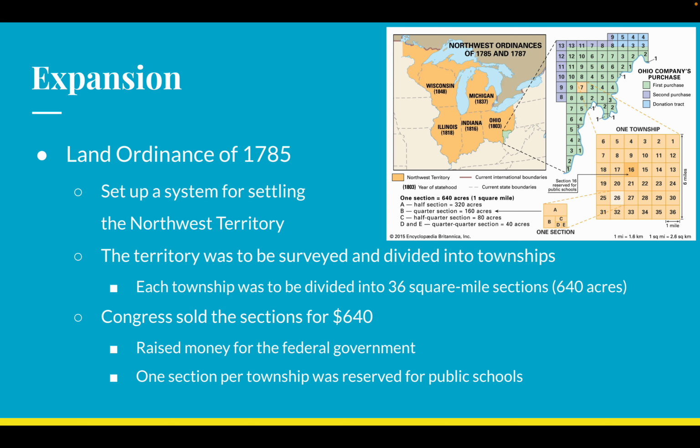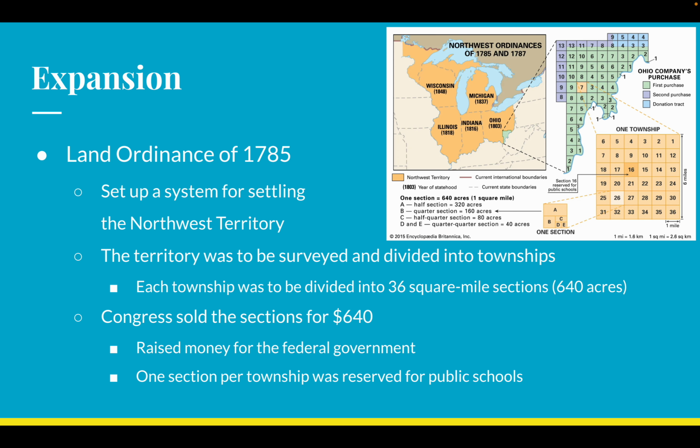Now, in natural development, everything follows the river, follows the geography. It just happens kind of randomly or pseudo randomly. But with the land ordinance, we're setting it up in this weird square system. Now, there are squares within squares within squares in this section. So I'm going to use this image you see in the top right as an example. One section is 640 acres, and those 640 acres sell for $640. $1 per acre. Makes sense.